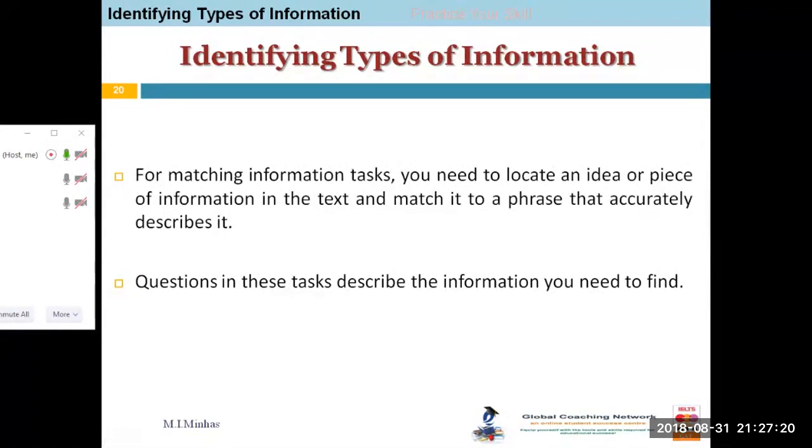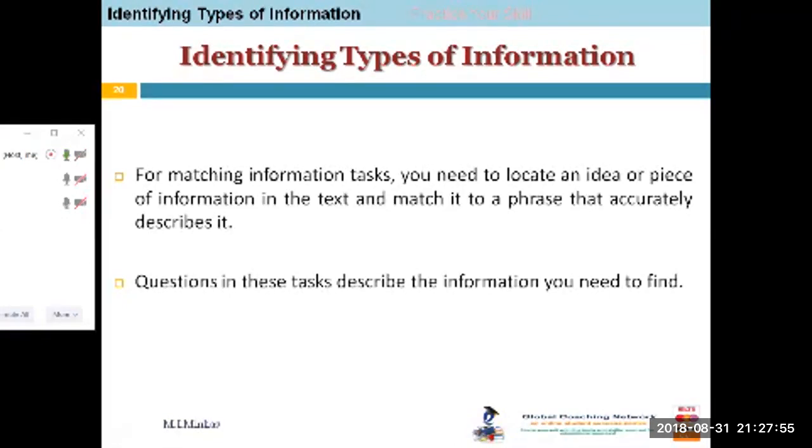Like list of headings, you are given some information, and then you are asked which paragraph contains this information. Let's say there are 5 questions. In every question, you will be given one piece of information, and then you will be asked which paragraph contains this information. Like I gave you one example, if you remember,